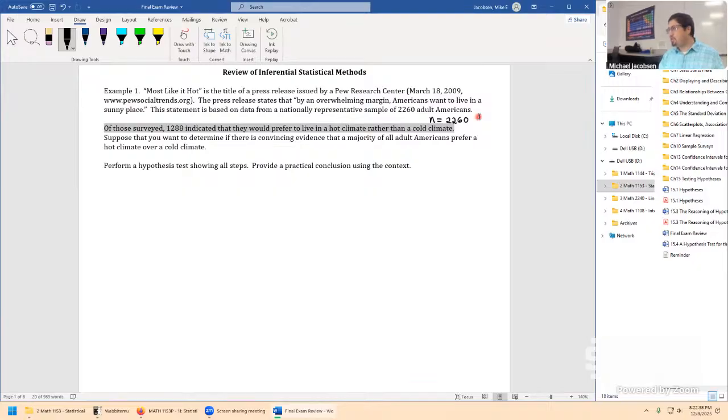Awesome. There's no units here. There's no inches, miles. The last problem that we just took a look into, what was that one? That was pH for the unit. But this one just has preferring to live in a hot climate or not. So when it says 1,208 who prefer to live in a hot climate, that's definitely underline worthy or highlighter worthy